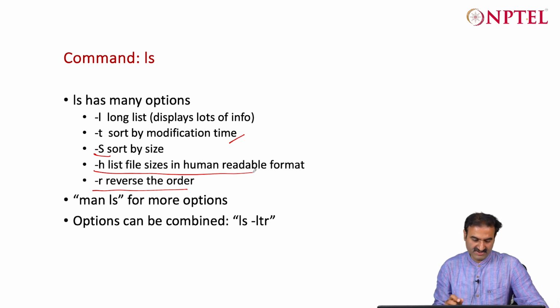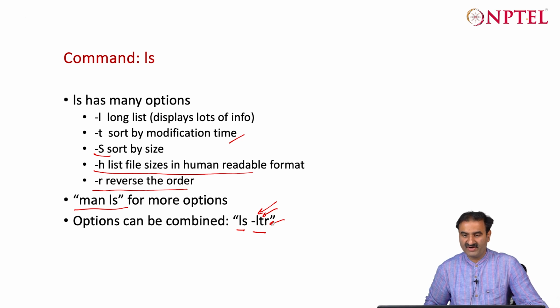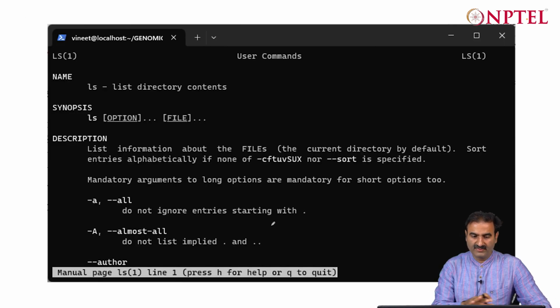So we will be seeing these options, and many more options are in man ls, and you can also combine many of these together, like ls -ltr. So l for listing, t for by date or time, and r is for reversing the order. So I have used 3 of those modifiers together. So man ls will tell you what are the different options that you can use with the ls command,